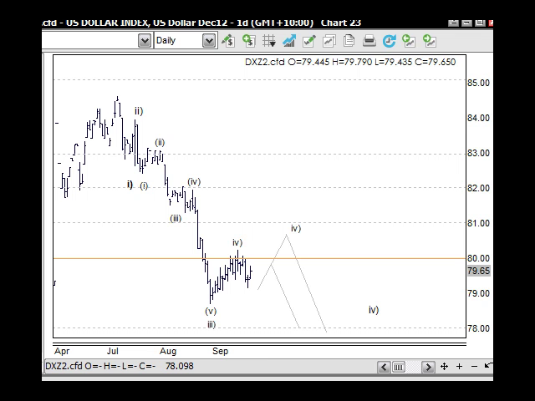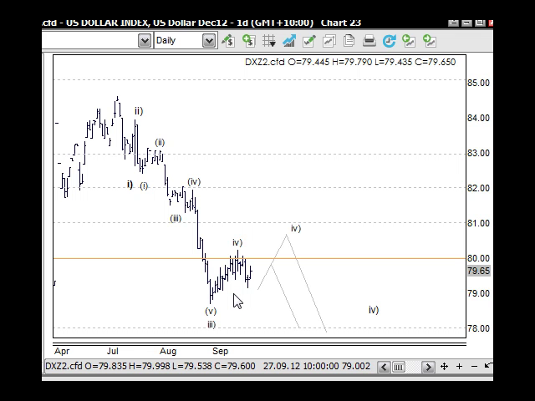Okay, starting with the US dollar index here, we are in that fourth wave. The tricky bit with fourth waves is that they are always the most complicated structure out of all the corrective patterns, and they tend to be sideways and complicated, either triangles or complicated zigzag flat patterns. So what we've got here so far is that we know it's corrective because the internal structure for this move up through here is